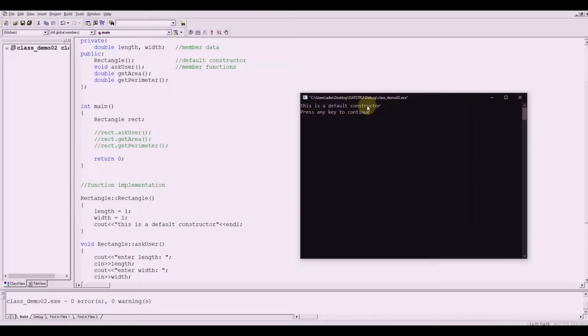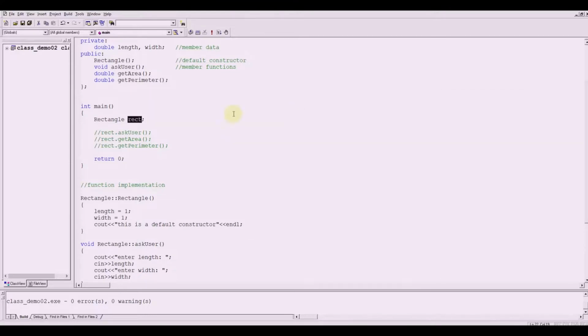That is automatically called when you declare an object. Let's try to declare another object here, something like rect1. So I have defined 2 objects here whose data type is Rectangle. We are expecting that the default constructor has been called twice because we defined 2 different objects.